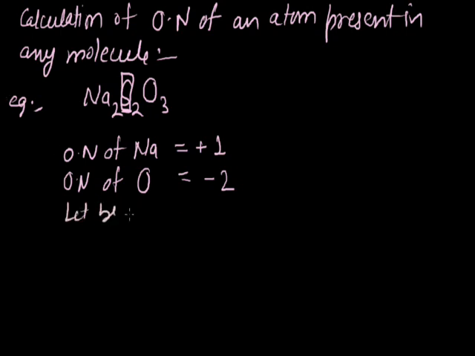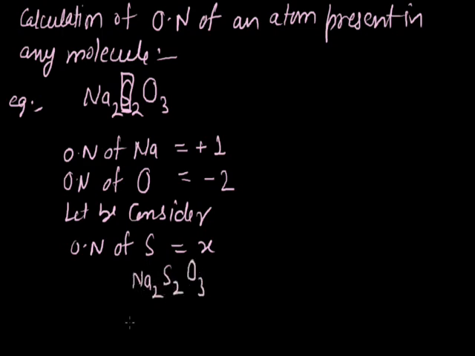Now let me consider the oxidation number of sulfur is equal to x. According to the above rule, the sum of oxidation numbers of all atoms present in a molecule is always equal to 0. So we can put the values of the oxidation numbers of the different elements according to the formula